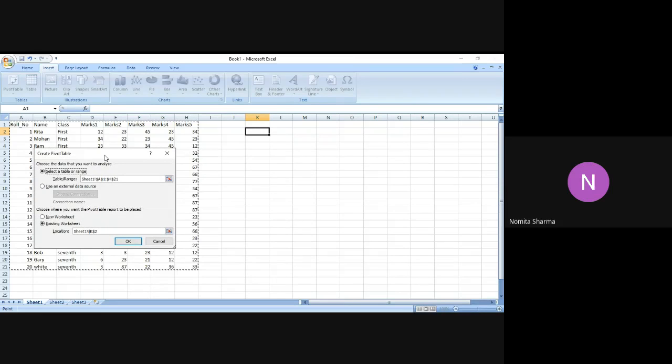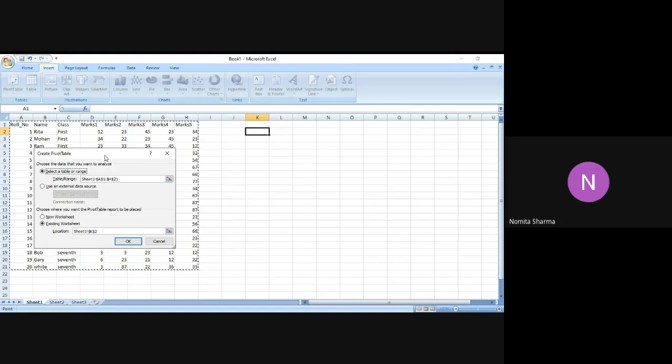It says either the new sheet, or it will also allow me to have the table in the existing sheet also. Now, since we are doing it for the first time, normally the trend is that, when you have a bigger table, because master tables are supposed to be bigger, right? They just can't have 5 columns and 5 rows. They normally have 100 rows, 100 columns, because there is voluminous data that we have in the master table. So normally the trend is that we work on the new worksheet.